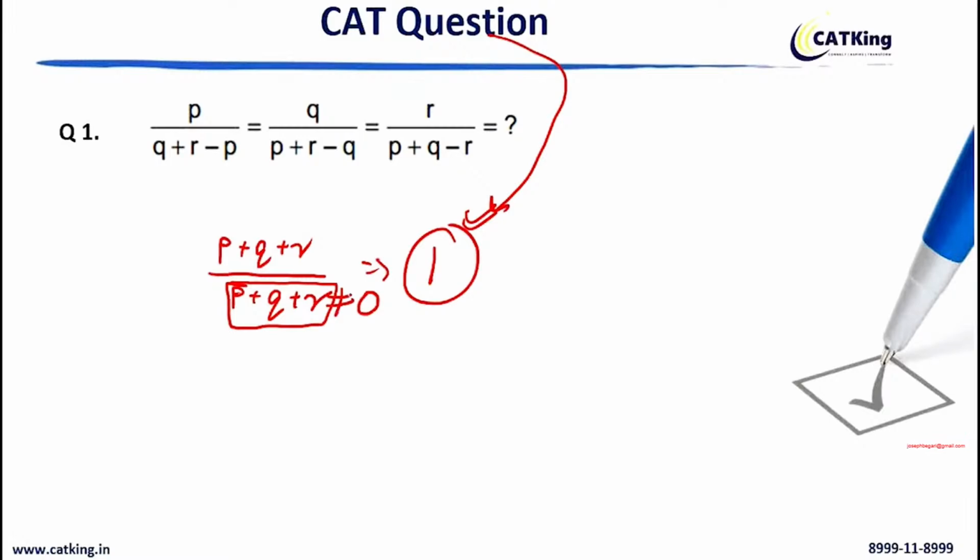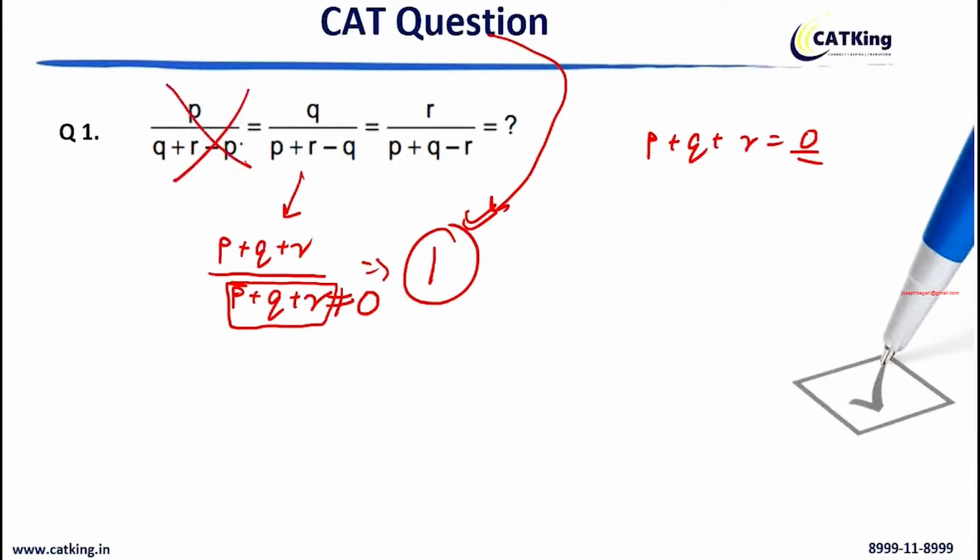Now, once you have assumed that this is not equal to 0, then you have got the answer as 1. What if p plus q plus r is equal to 0? You are not taking that condition, right? This is why CAT has given you this question. If you would have brilliantly learned this as a formula and applied it in CAT, you would have got it